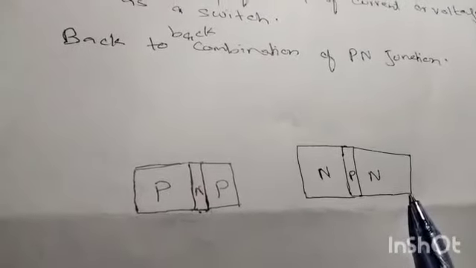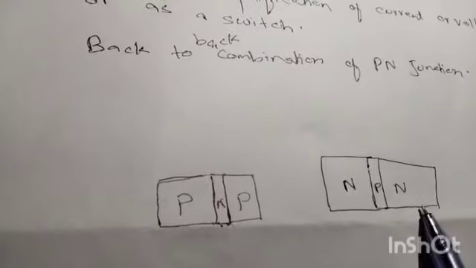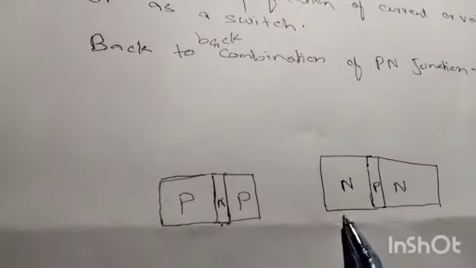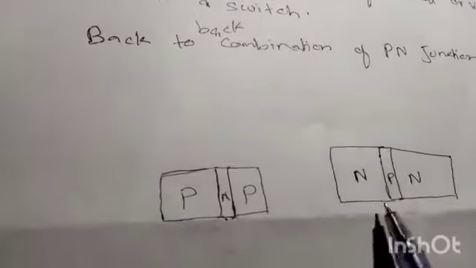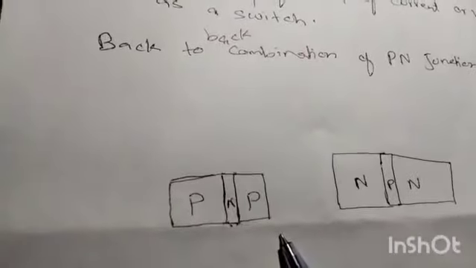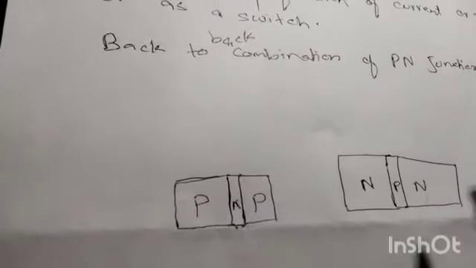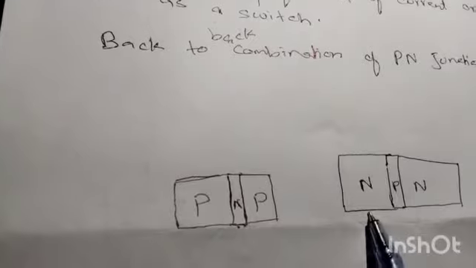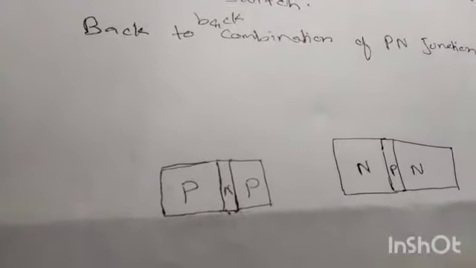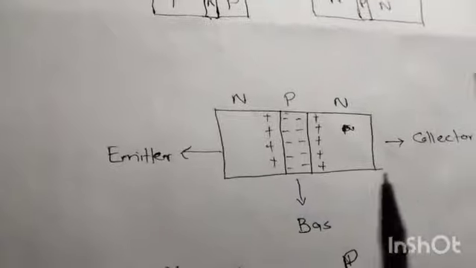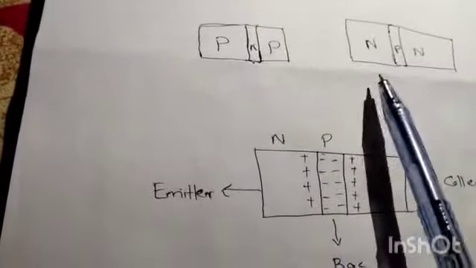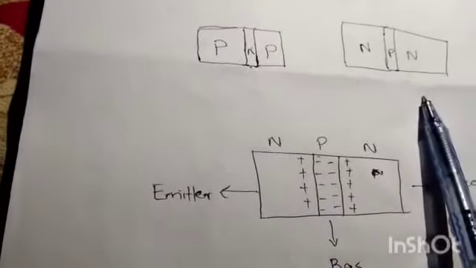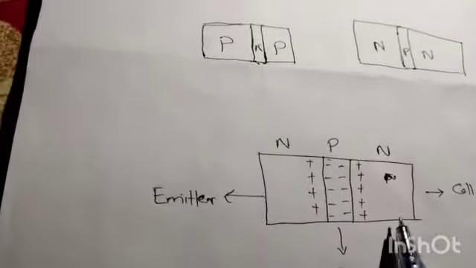Or you make the semiconducting material in such a way that you introduce pentavalent impurities at two sides, and at the center you introduce trivalent impurity. Now P is sandwiched between two N-type materials. This is a transistor: N-type sandwiched between two P-type, or P sandwiched between two N-type. The resultant device you call a transistor. When you introduce the impurity in semiconducting material, there is formation of either a PNP transistor or an NPN transistor, and in this construction you have two PN junctions.